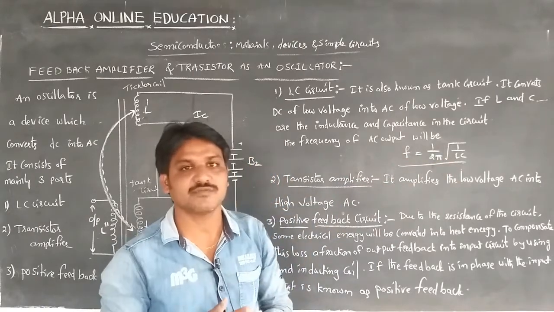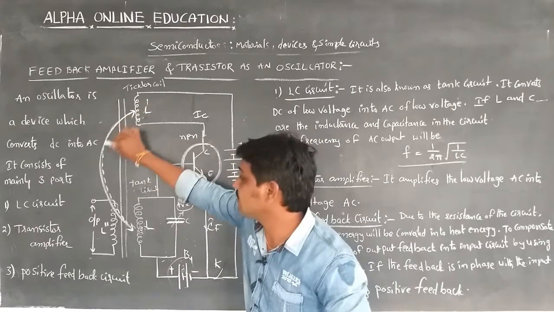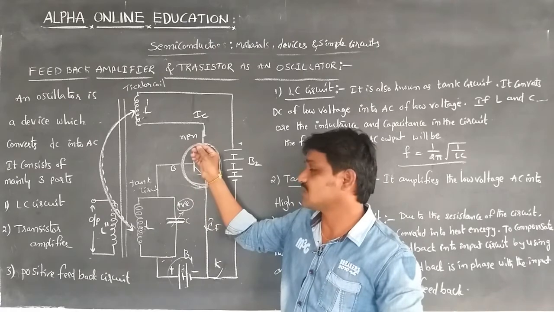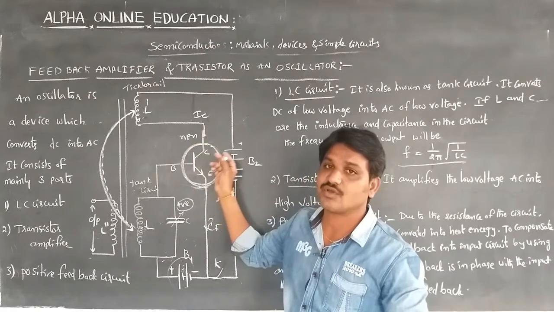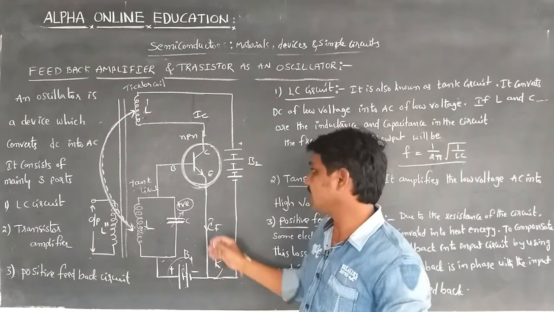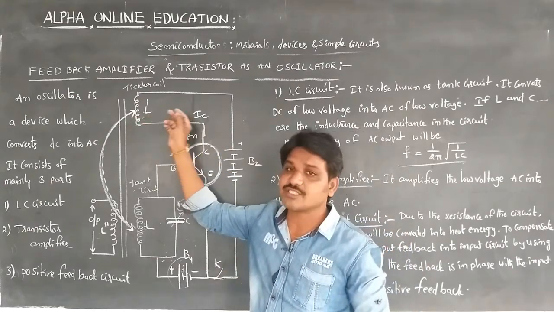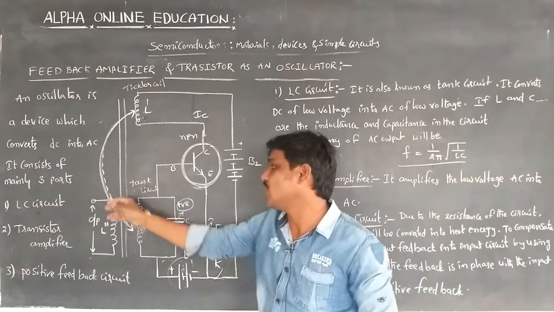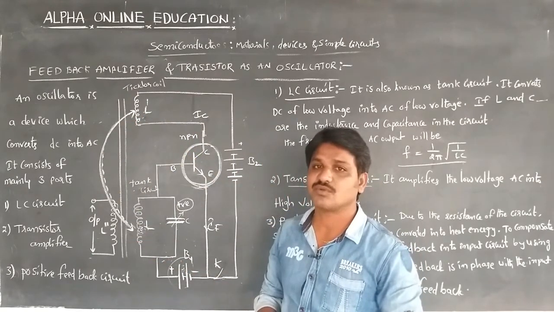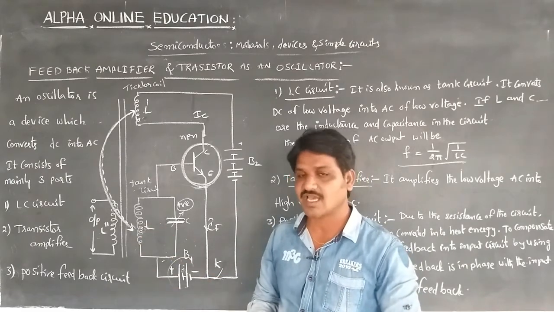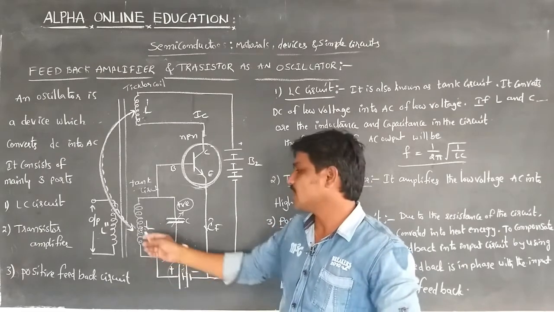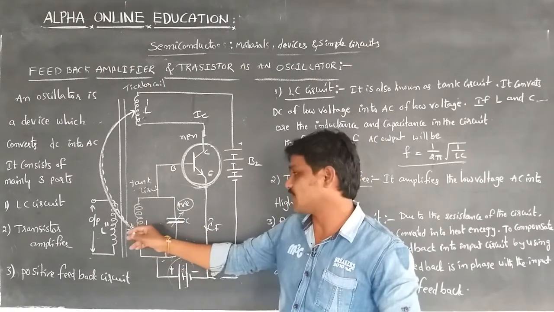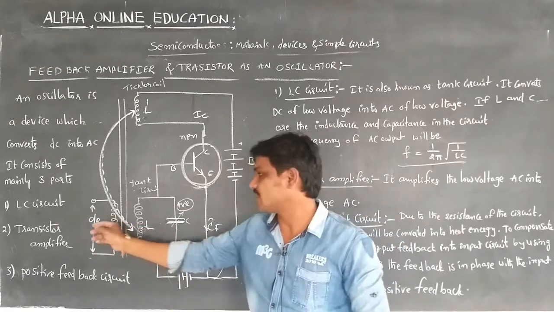Whenever this feedback is given, the transistor comes to the saturated state. Whenever the collector current flows through the circuit after the key is switched on, it reaches the maximum, which means the transistor comes to the saturated state, and the mutual induction has no role to play. The magnetic flux linked with L also has no role to play. So the capacitor's upper plate goes on decreasing, discharging with the support of the inductance, and we can get the output from here.